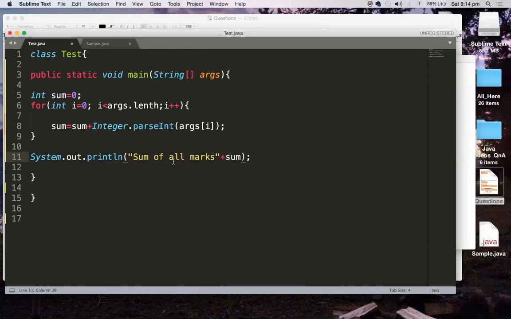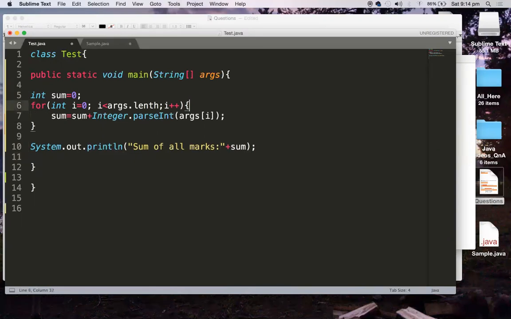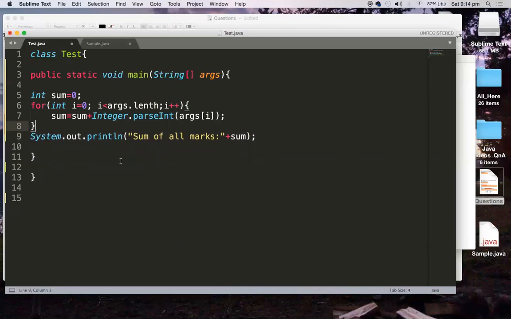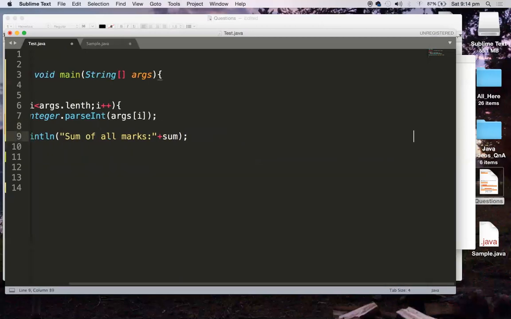This is a string, so "sum of all marks" will get printed initially, and whatever sum we have computed is going to get added to this. That's how we can take n number of marks, or whatever it may be, from the command line when we are invoking our application, because there is a group of marks. So I'm taking an array, and this is the logic to find the summation of all those things.